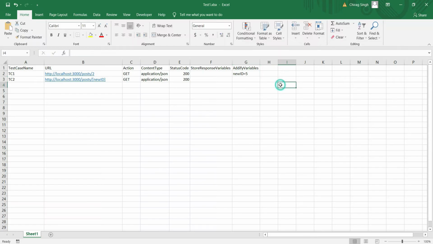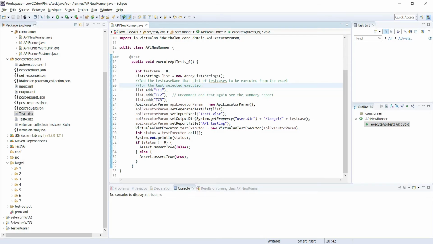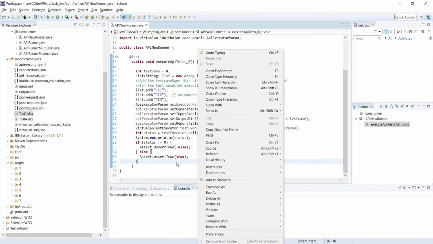So what I'm doing here is creating a new variable, which is newID, and passing that variable in my URL through this syntax, and then I will run this. Let me open my Eclipse and run this first, then we will see.